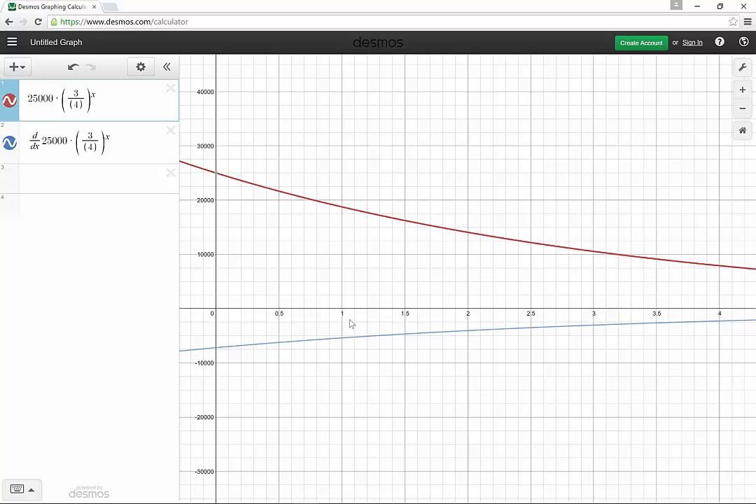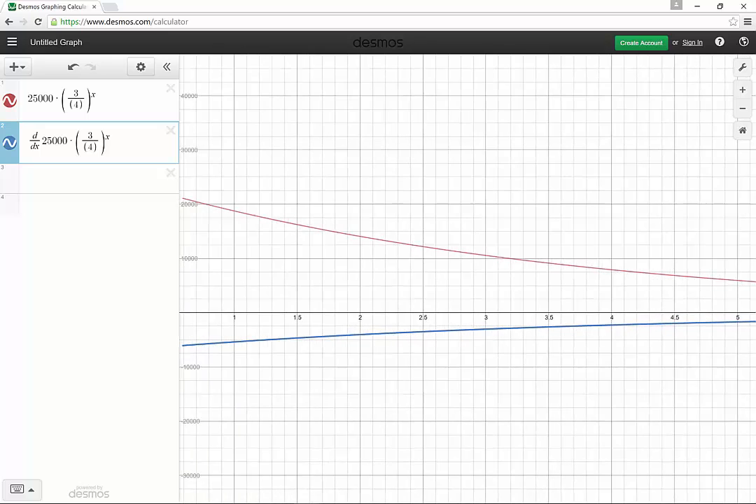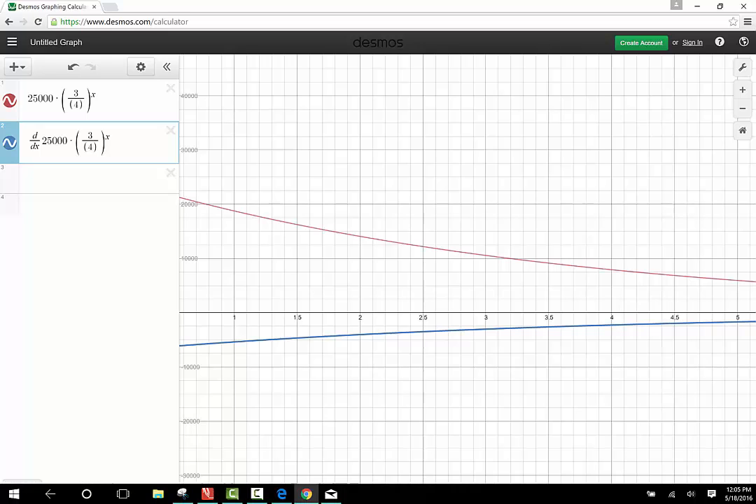And then v prime at 4 is negative 2275.61. And this was supposed to be 04. Okay, so